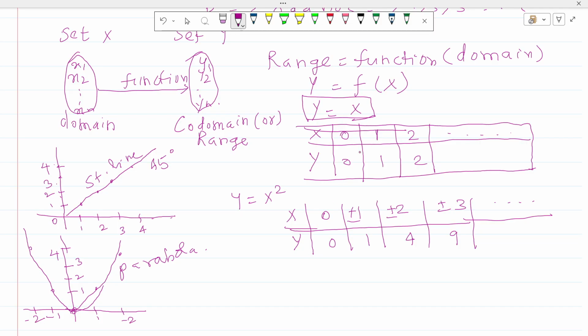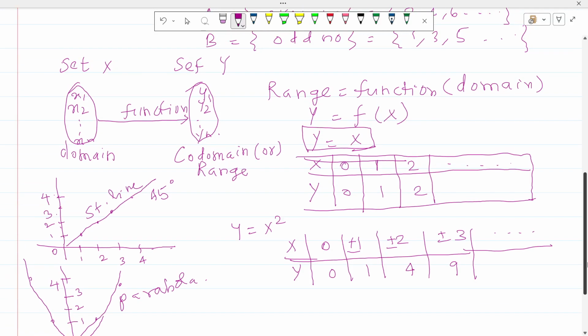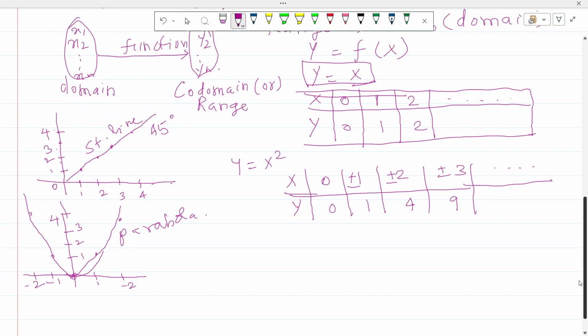So here these are the functions. First we have to see what is meant by function. Then only you can understand what is meant by derivative. Derivative means the rate of change of,